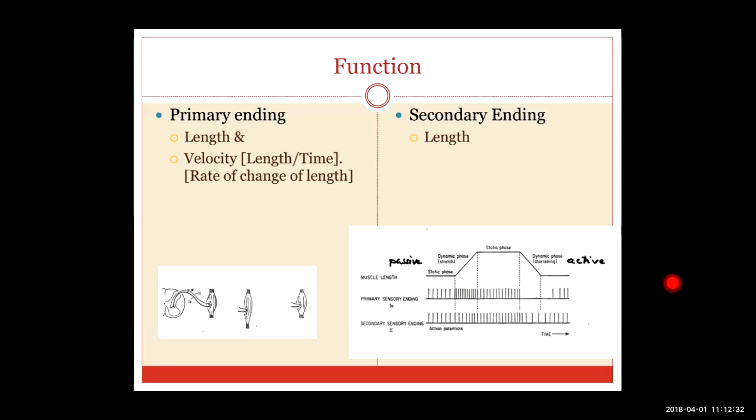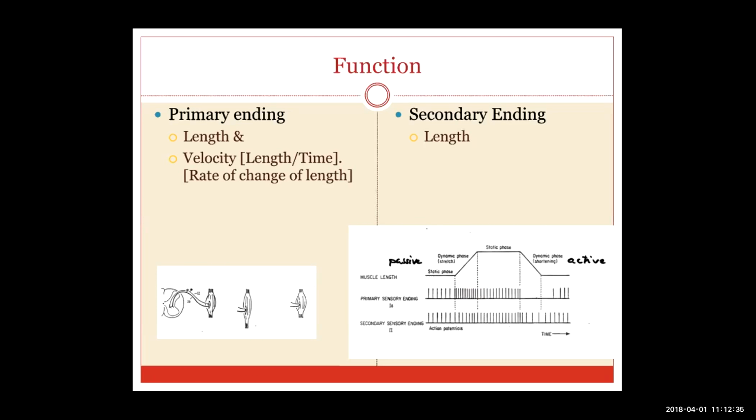Now, how does the brain interpret the length and velocity separately? On one side, one is giving length and velocity, on the other side, it's giving length. So if it takes only the secondary endings, it can understand the length. So in case of a passive movement, say for example, you're doing a passive movement to a person, the length of the muscle can always be understood by him. And if the person is moving it at a certain velocity, then the secondary ending and the primary ending information will be put together, and you can see that length cancels length, and the remaining is velocity. So the velocity information is interpreted by the brain, and so the brain can know the rate of change of the muscle length which is happening.